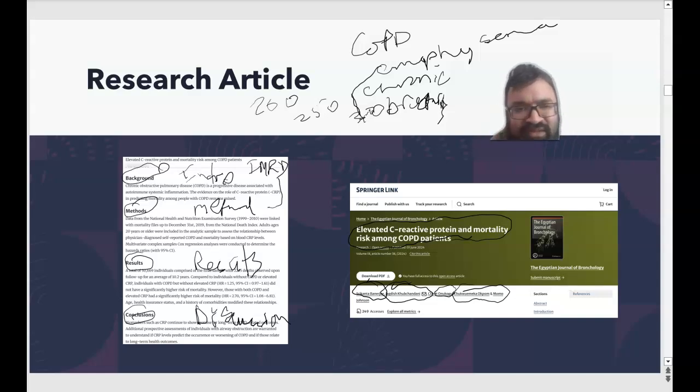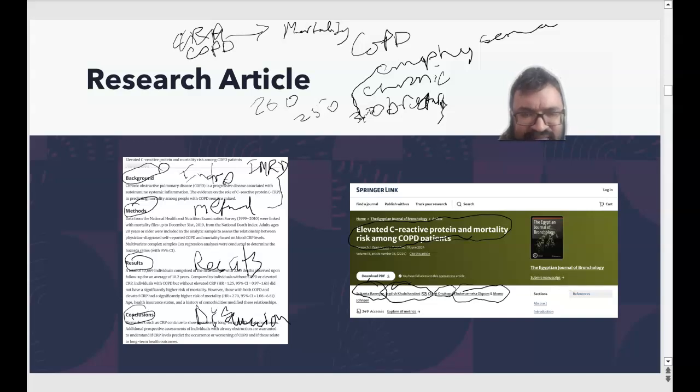So again, let me draw this diagram here. CRP, C-reactive protein, and all-cause mortality. I'm just going to write mortality. And then, let me actually switch this here. So the main predictor variable, main independent variable was COPD. The main outcome variable was mortality. We were looking at if C-reactive protein,